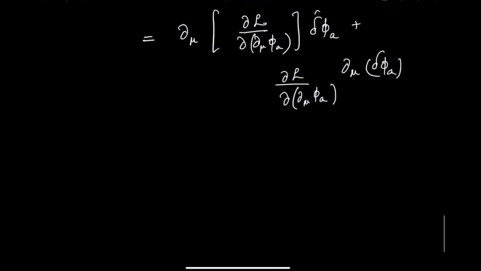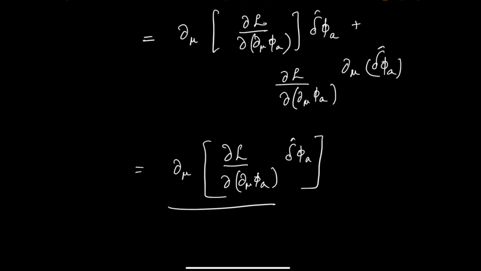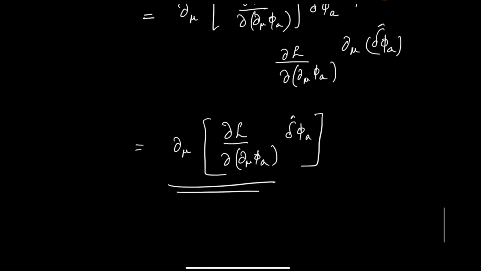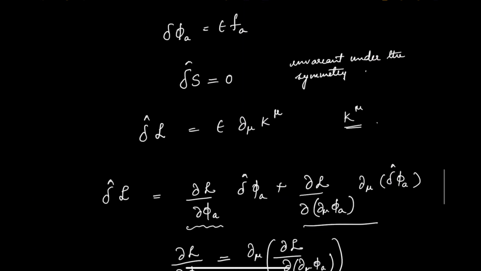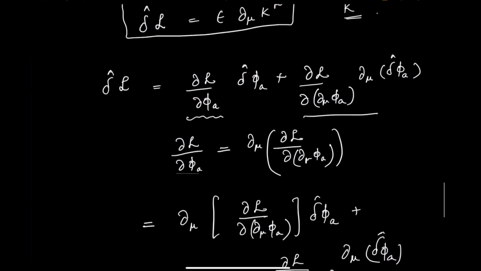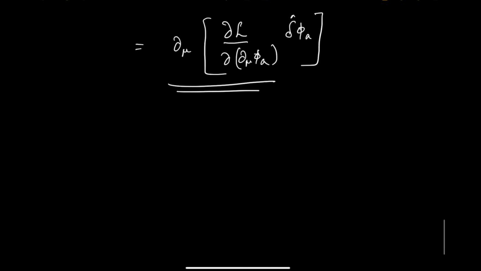If you carefully see, this is a total derivative. So after using the equation of motion, the variation in the Lagrangian density has a total derivative form. But we have assumed that it will take this form, so I can equate the right hand side of the variation of the Lagrangian density in both cases. Therefore I can write